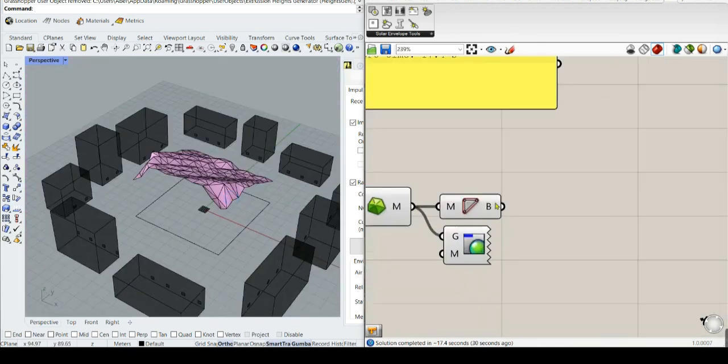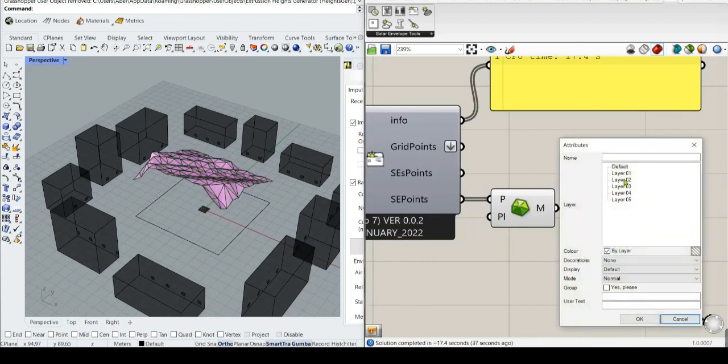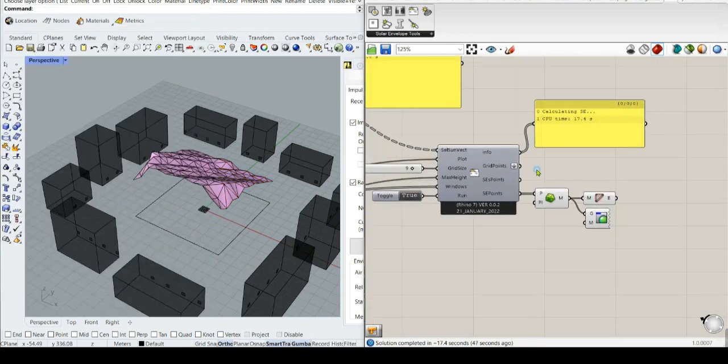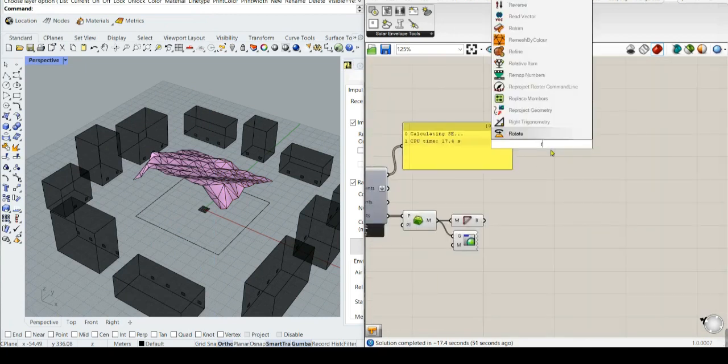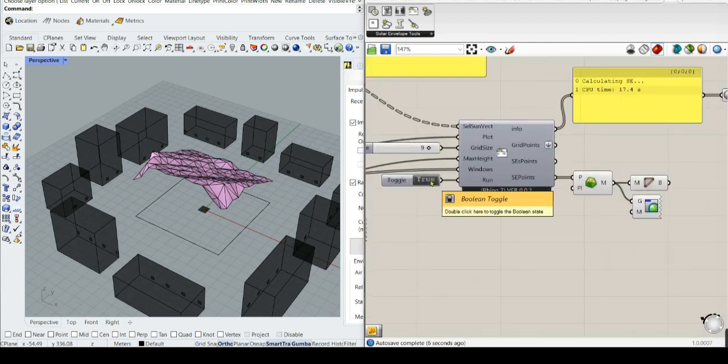Actually, we have here the mesh, but we can bake it to a layer and associate it with layer 1. But since we don't have it now, we can actually record this information so we can compare different case studies. Okay,